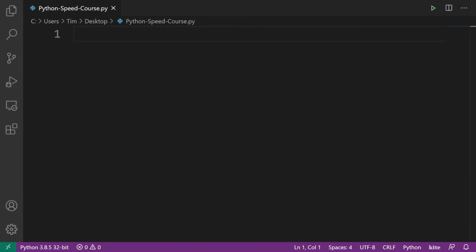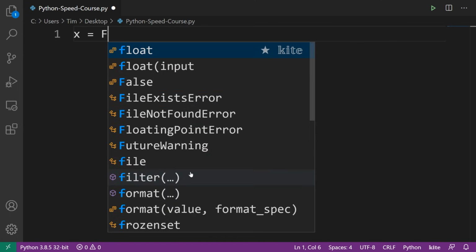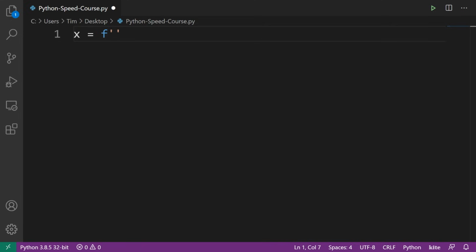And for our last and final topic, I'm going to be covering something called f-strings. Now, f-strings are new in Python 3.6. If you have any version lower than that, you are not going to be able to use f-strings, but they're a really cool way to manipulate and create strings. So what I can do is something like x equals, a lowercase f or a capital F, it doesn't matter, and then a string. Notice that this will highlight, or maybe be italicized, depending on what editor you're using. And what you can do is type a string as you normally would, except now if you want to embed an